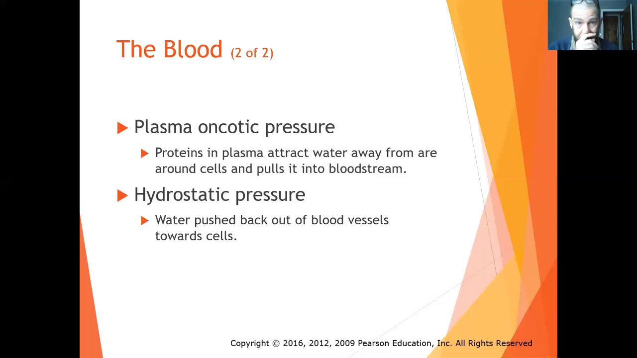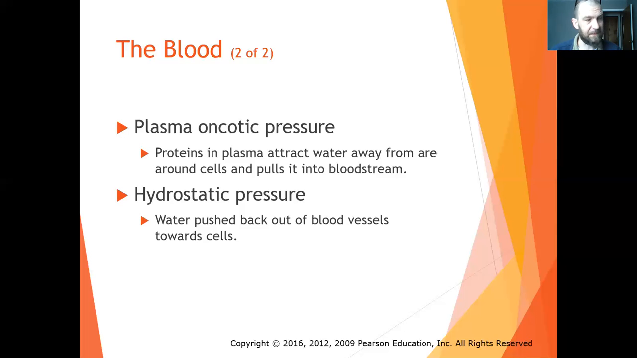For example, if somebody has liver failure and they're not making a large protein called albumin, it attracts a lot of water from around the cells. If they're not making that and the water is not being brought out from around the cells, then it's going to stay there. And what we're going to see is called edema. We're going to see water